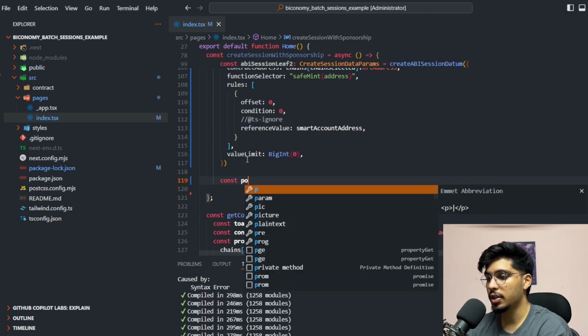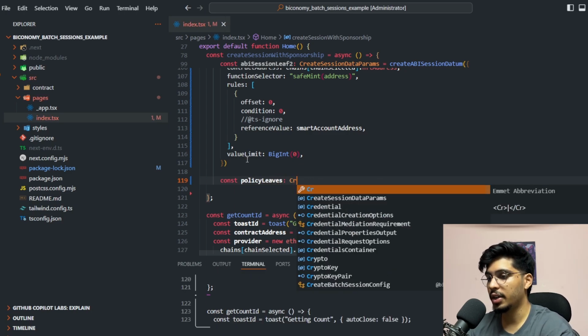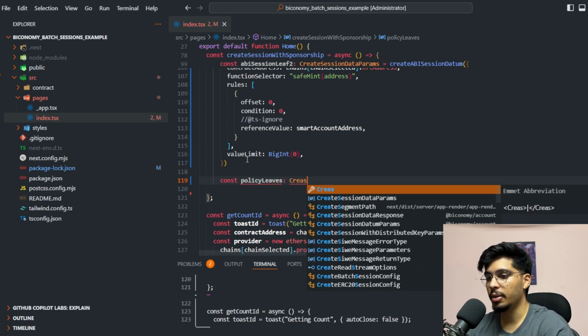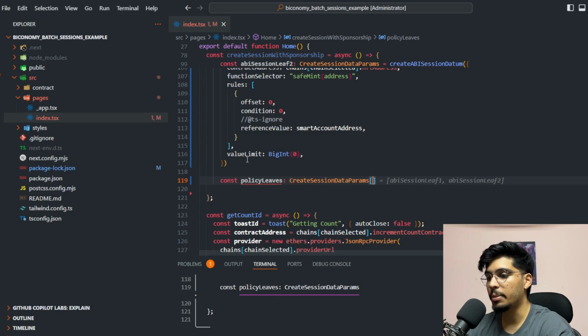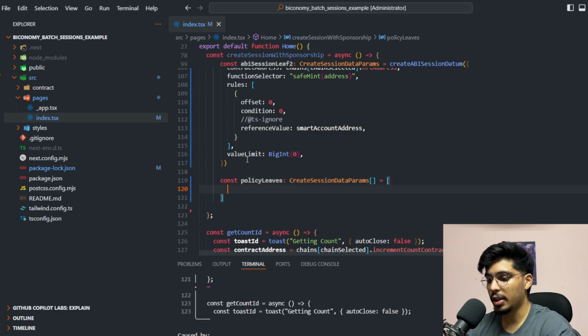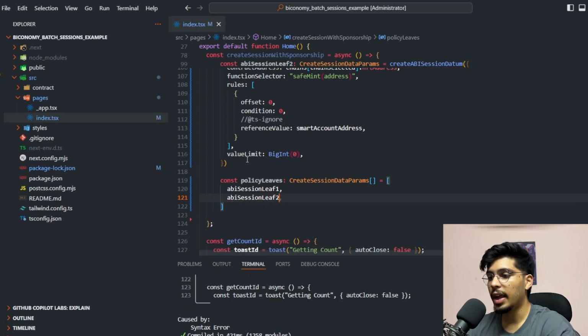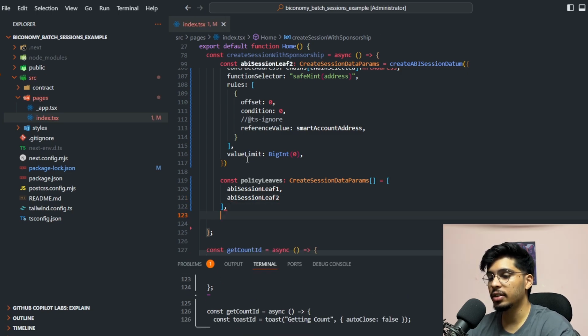Okay, so const policy leaves, and that should be create session data params array. So its type should be an array. Okay, and if you just do it like this, we need ABI session leaf 1 and ABI session leaf 2. Cool. And that's it. The next thing that we are going to do is